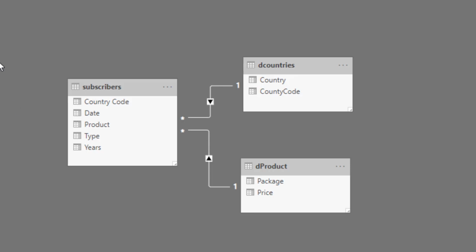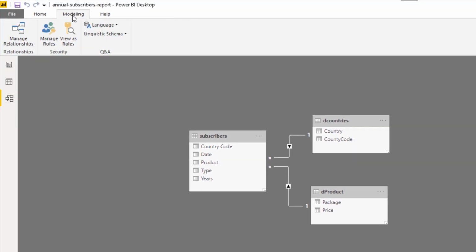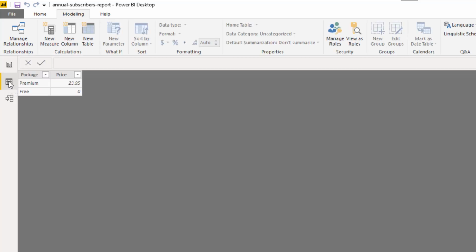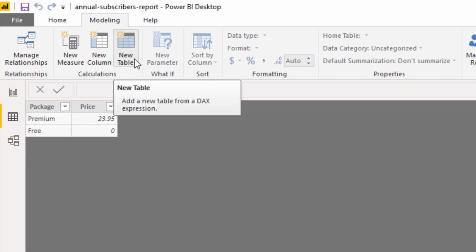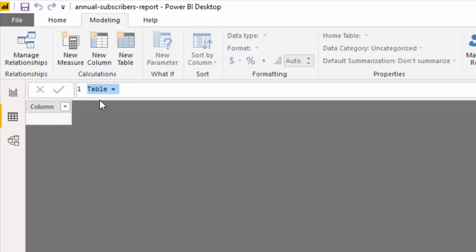So if we click on the modeling tab at the top, let me switch to data view first and then look to the modeling tab. The tabs can be contextual and change across the views. We have a new table button. Now we're going to create a new table, which is known as your date table, sometimes referred to as a calendar table. If I click on new table, we have to give our table a name. So I'm going to call it D-date, dimension table of date,